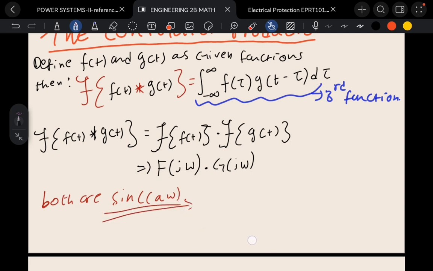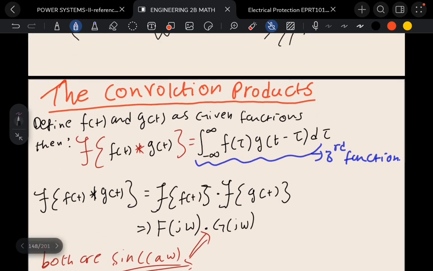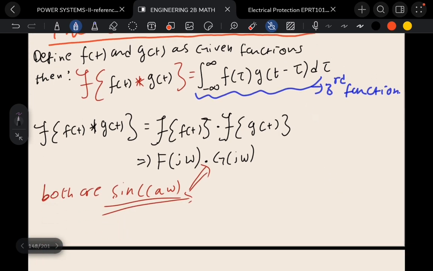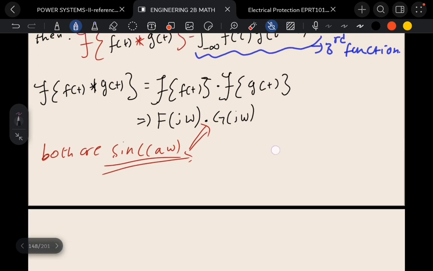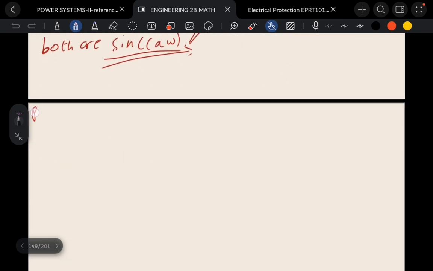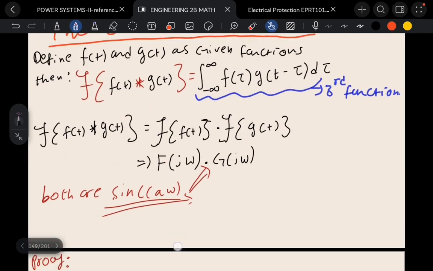So both of them will result to a omega. Now, what is the proof of this? So the proof will be